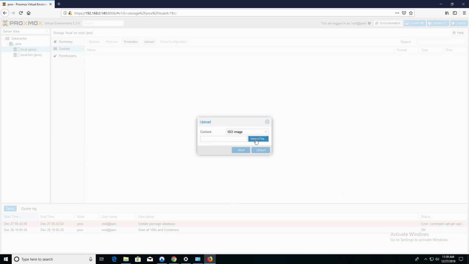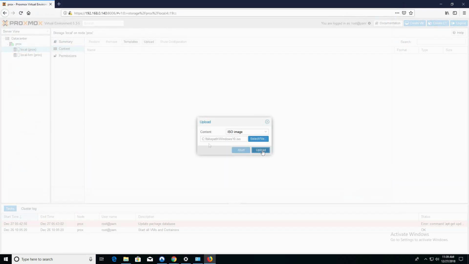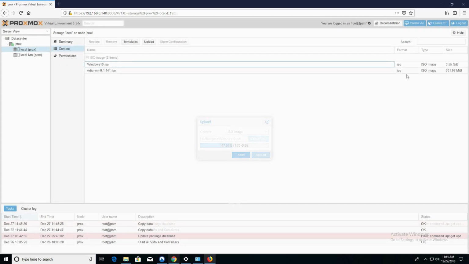You'll want to click on select files and navigate to the ISOs that you want to upload. Alright, so now that we have both of the ISOs loaded onto our local storage, we're going to go ahead